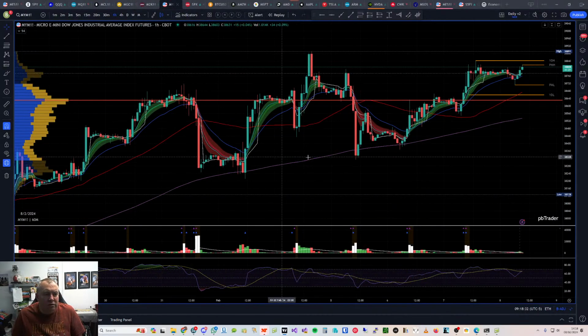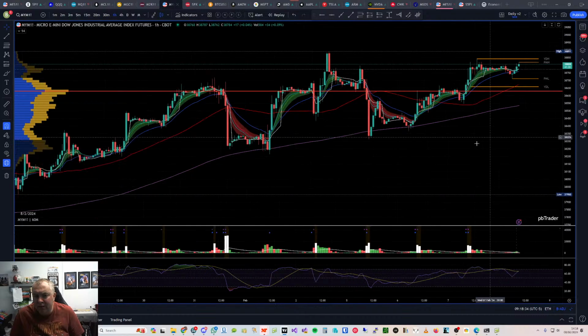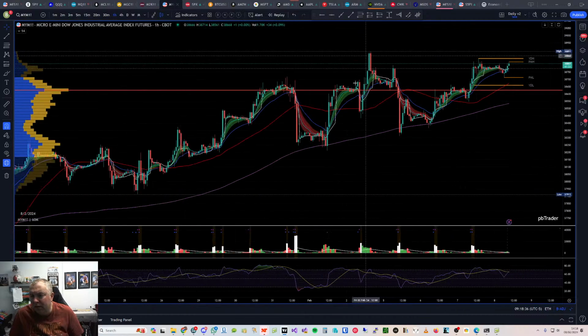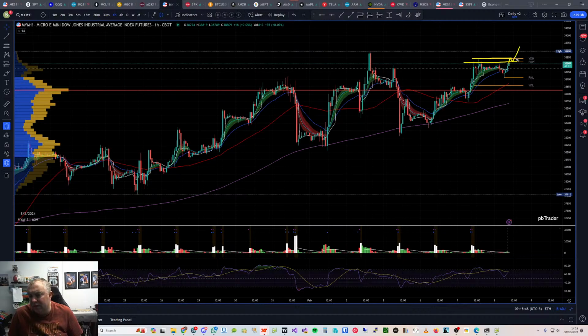The Dow Jones, this is the hourly time frame again. All-time high at 38,891. Similar to everything else, if we could break over a pre-market high, pull back, long, or yesterday's pivot, then we've got a target of 38,891. As for a short, if we break down pre-market low, we could look for a potential pullback into that short. But first target would be yesterday's low, and then we've got the pivot down here.